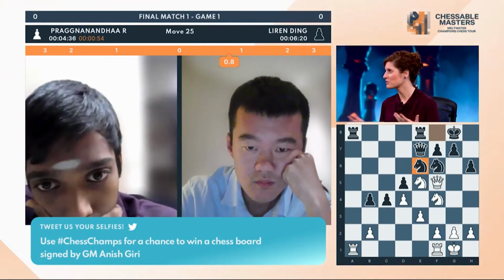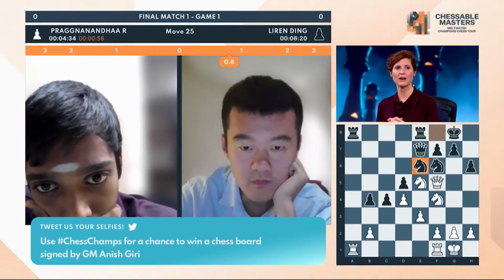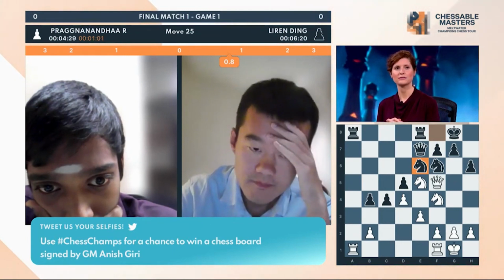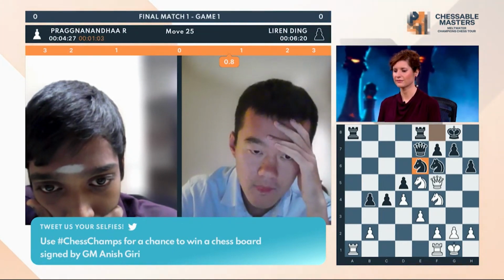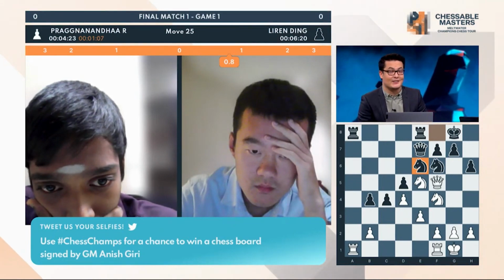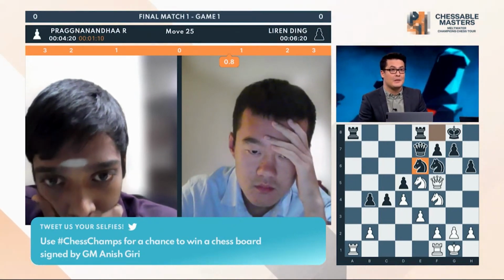I mean, it's not a disastrous move, but probably Pragg, like you say, will be a little bit happy to see this type of move. Yeah, I mean, just instinct-wise, it felt a bit loose. I can't see a refutation, though. I still really don't like white's position. And maybe it's becoming a bit